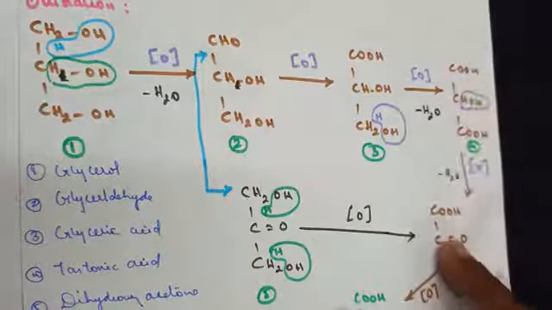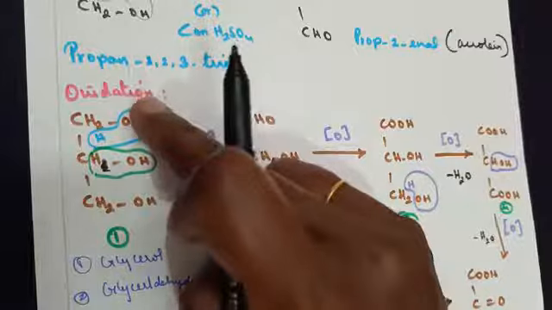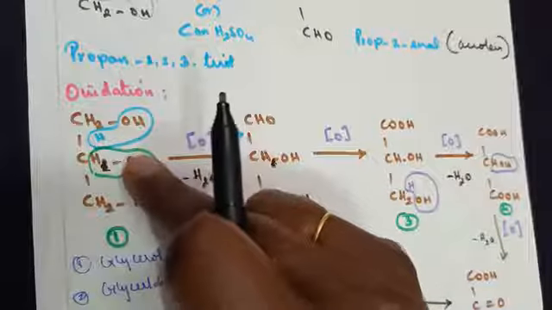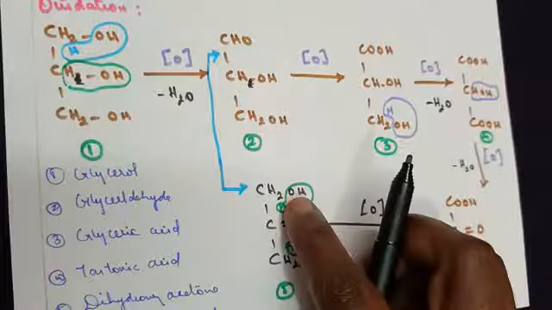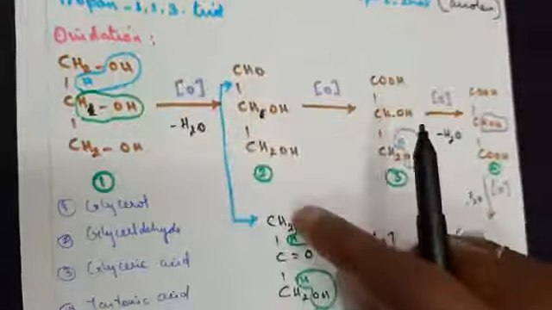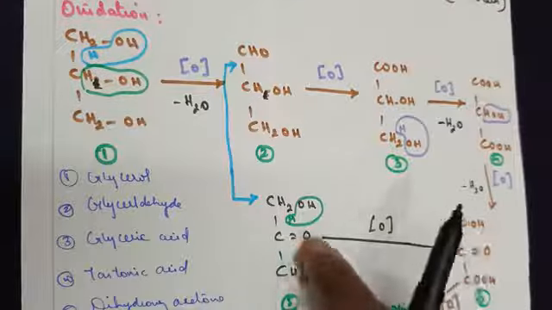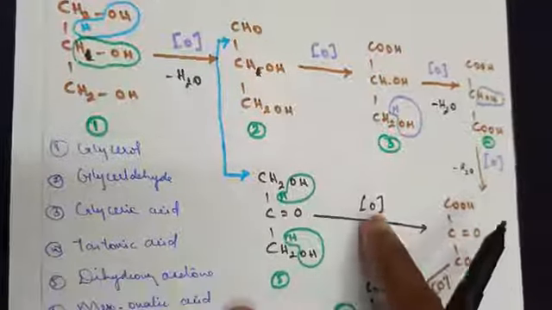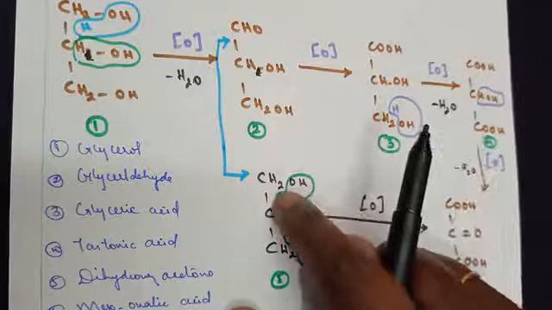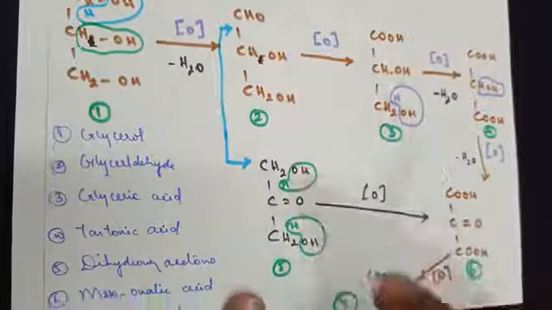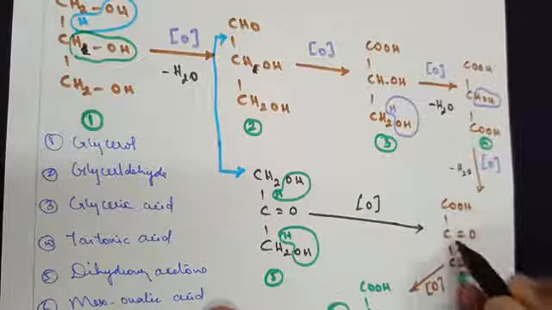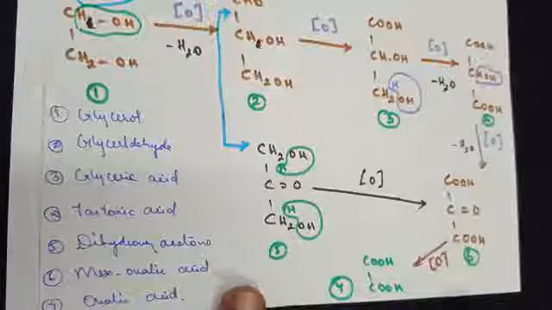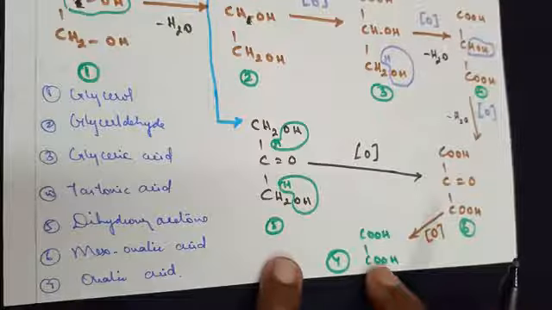This is one method of preparing. The second one, instead of changes taking place in the first carbon, if the changes take place in the second carbon, that is CHOH, removal of water molecule, the first and the last part will remain as they are, only the middle part change is shown here. Further, when you oxidize it, in the second step a water molecule is lost from here, a water molecule is lost from here. So we get COOH, C double bond O, COOH. Further, when we oxidize, we get oxalic acid.